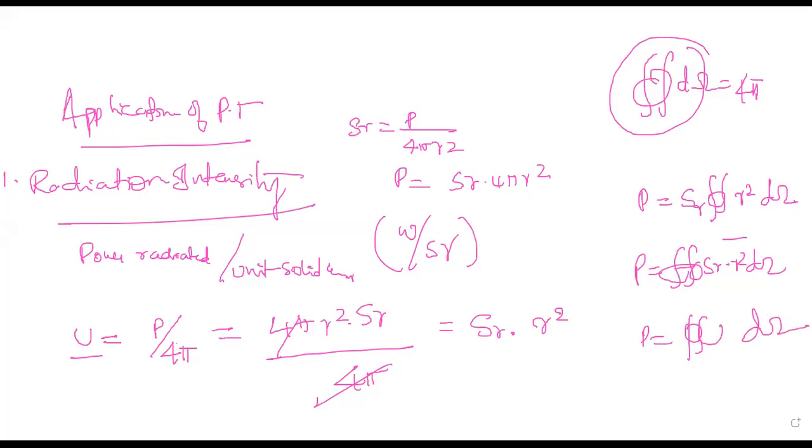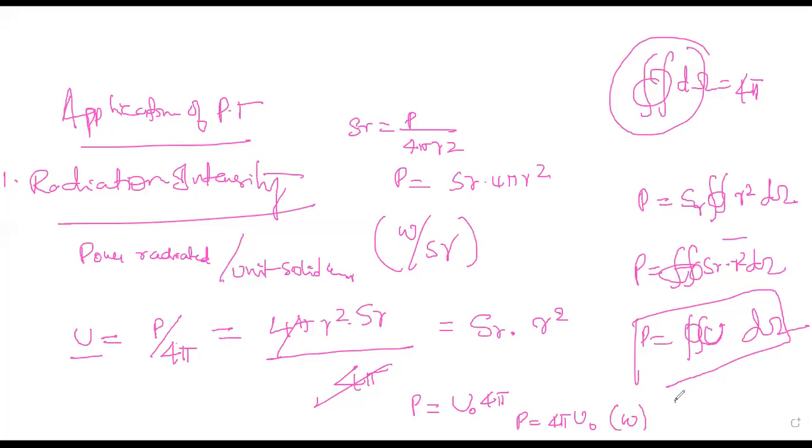So the power equation, that is total power radiated equation, is integral of radiation intensity over the solid angle of 4 pi sterradian. Again, this also can be simplified. You know, double integral of d omega is nothing but 4 pi. So it is P is equal to 4 pi U or U naught. If I consider for an isotropic source, I'll consider it as U naught. So power is equal to 4 pi U naught, which is in watt.